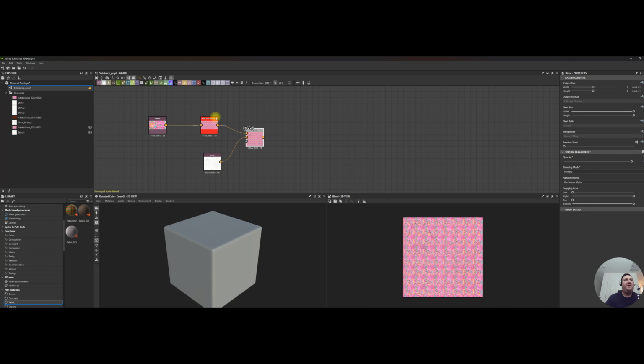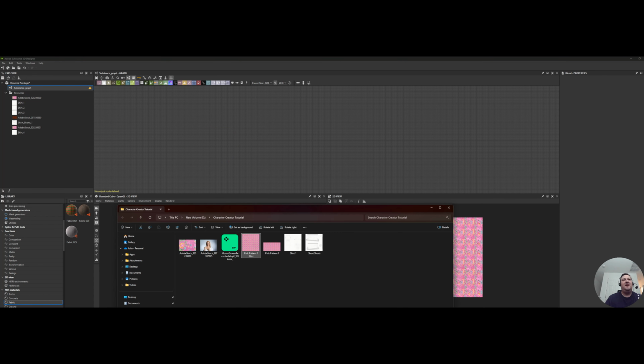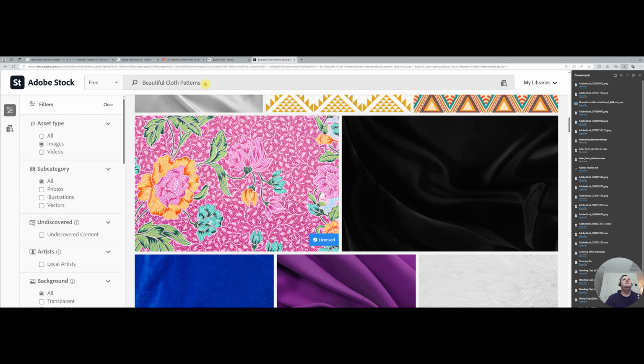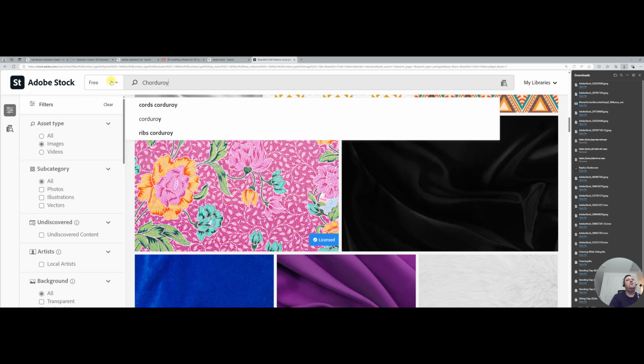And me, I'm terrible. Like, I often just erase things once I'm done with Adobe Substance 3D Designer designs. I just erase things. I'm like, I don't need to save it. I'm never going to go back to these things again. Throw my shorts in here, and what I want to do is go back to Adobe Stock, and I'm just going to look up, I always forget how to spell this word, corduroy. There it is,